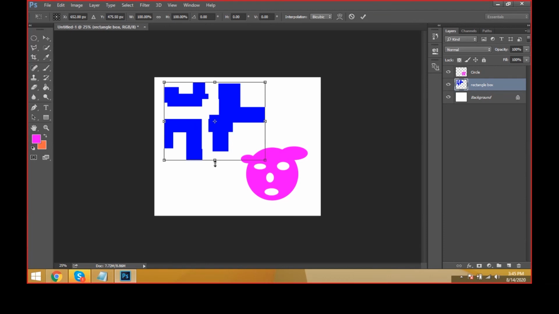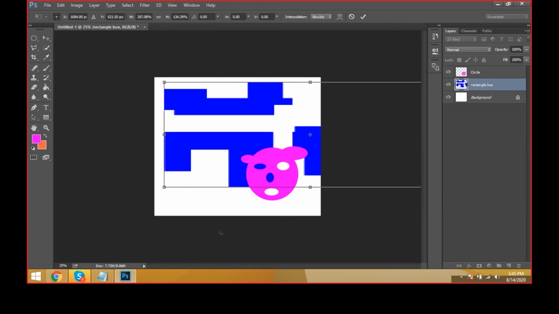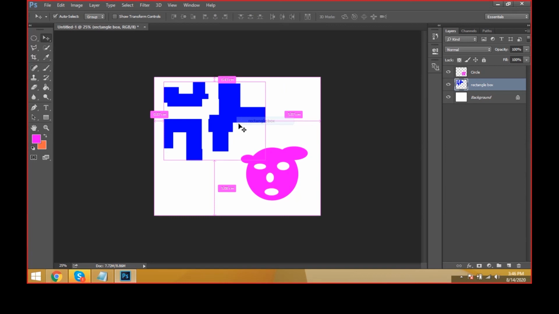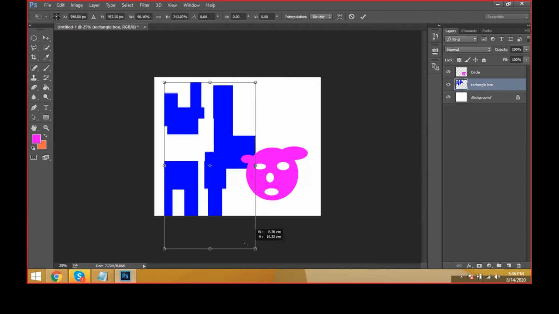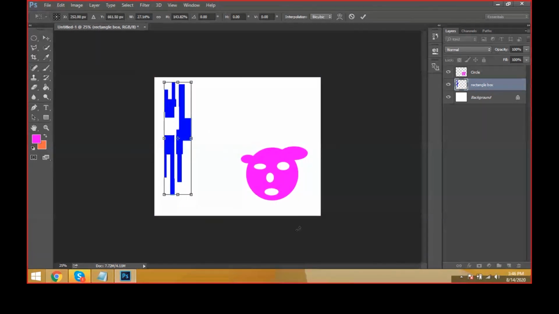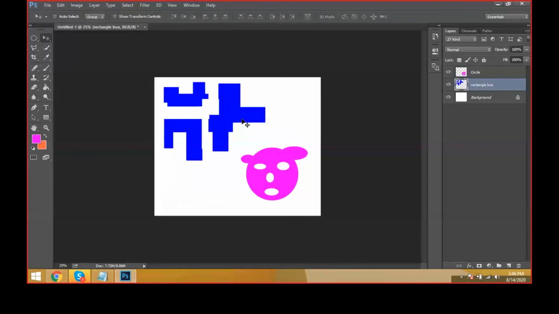Okay, Control T. See, you can see the transform controls. Then with Shift and Alt we can adjust the size. If you adjust like this, is it a correct process? No, no, no. I think for the document to fit, we need to make it smaller. If you do like this, is it okay? No, no, no. The shape is squeezed. The shape is disturbed. Then what should we do? We need to adjust it so that it's the perfect size.